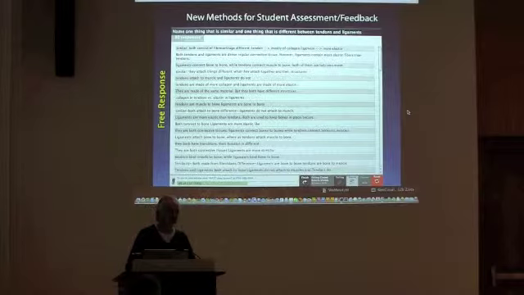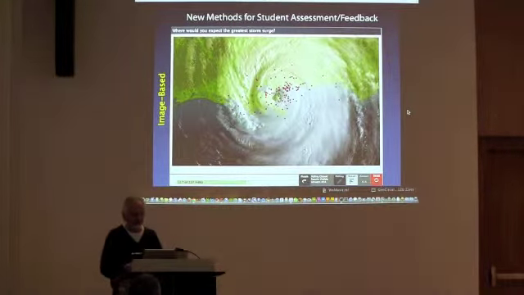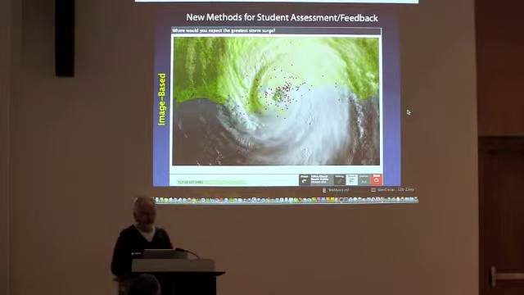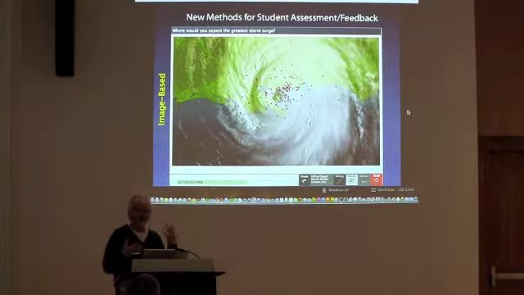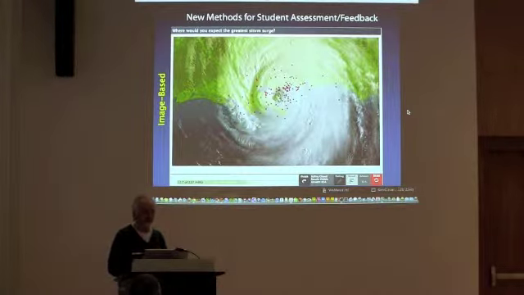And I argue that there's value in thinking about doing that. Here's an image-based kind of question. This is Hurricane Katrina. Where would you expect the greatest storm surge? And to understand, you'd have to understand the circulation around a hurricane, and what the ocean is doing, etc., and